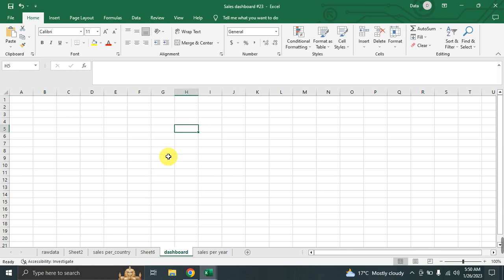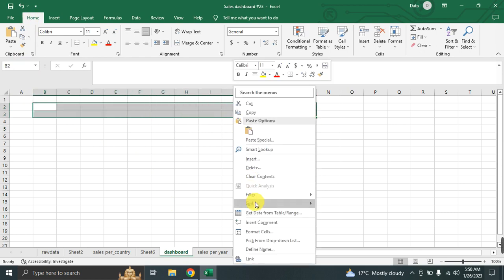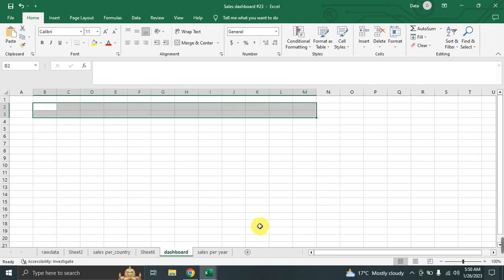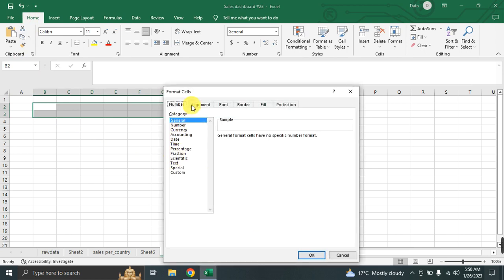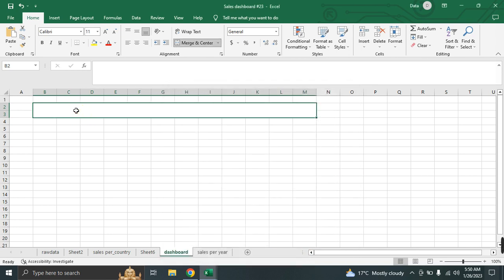And in this, we can also have this like this. Merge the cells, format the cells, and merge alignment, merge the cells, just like that. And maybe we say sales, can you name it